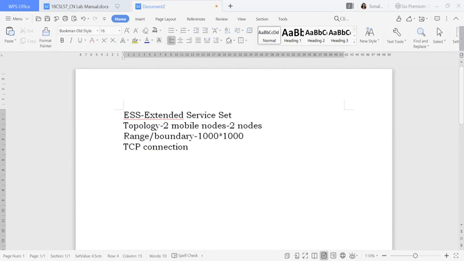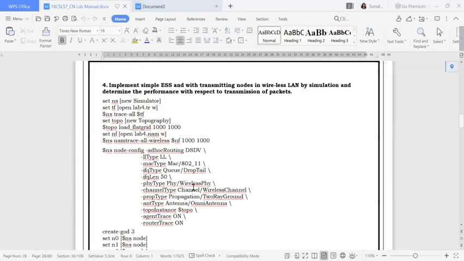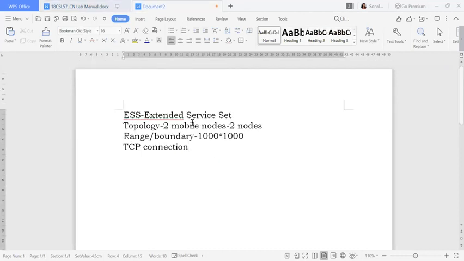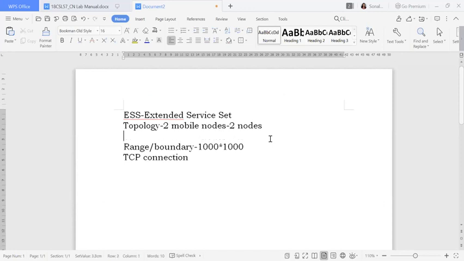So here in this case, you have to follow the method and the program for how it is going to be utilized. If I go back to my program, let's see what I have done. One more thing I want to specify: whenever we write about the extended service set, or use these two mobile nodes, you should also remember there is a concept called BSS. This BSS is nothing but the base service set.